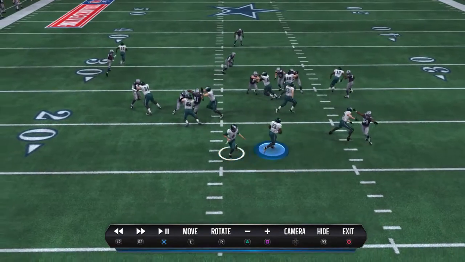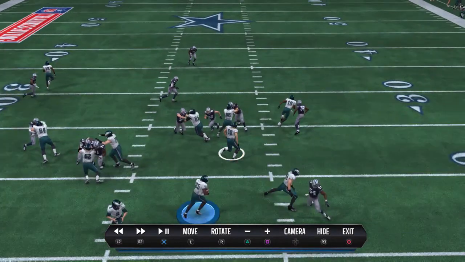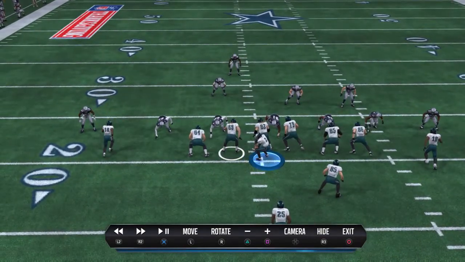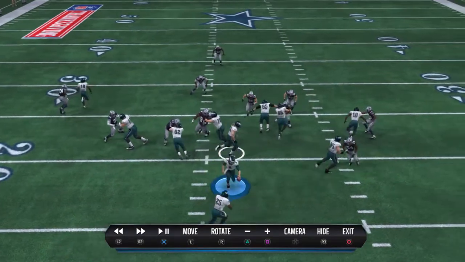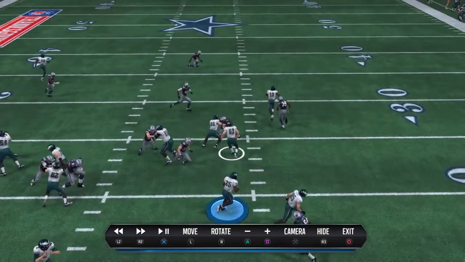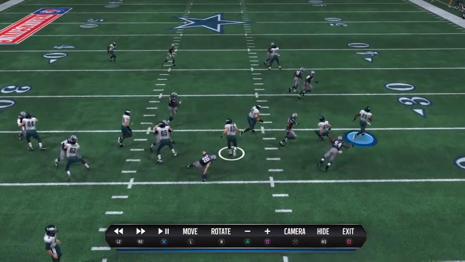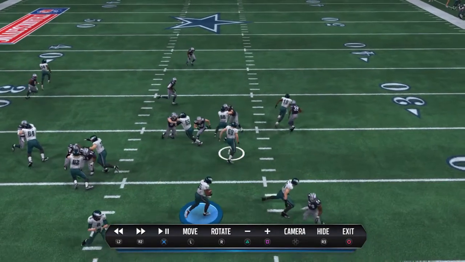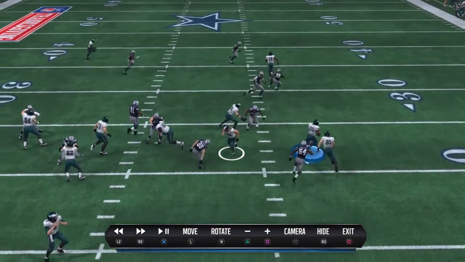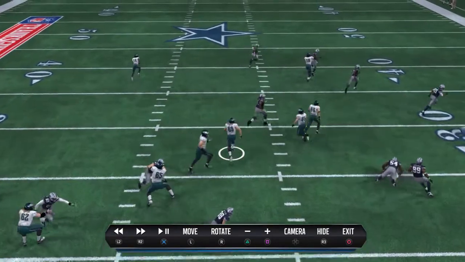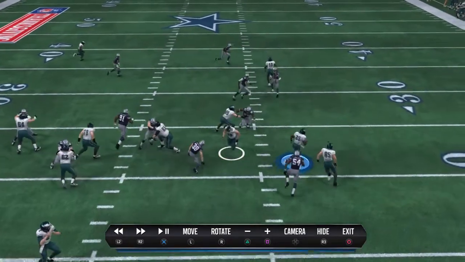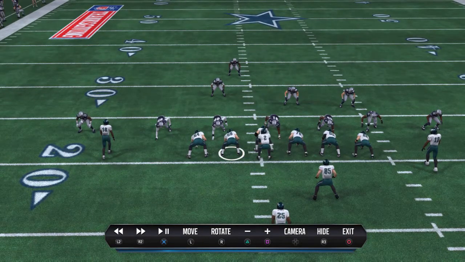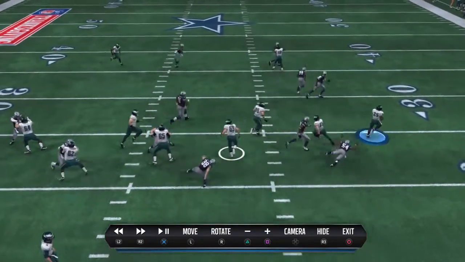One of the first things you'll see is this lead blocker right here, this pulling guard. This pulling guard should be able to recognize where his next block should be. But the problem is he doesn't make a block at all. He does absolutely nothing. He goes around like he's going to make a pull block, but then he comes back, notices this guy falls, doesn't make a block there, then runs into space and doesn't block anyone at all. This needs to be cleaned up. It makes the game look ugly and it's inconsistent.